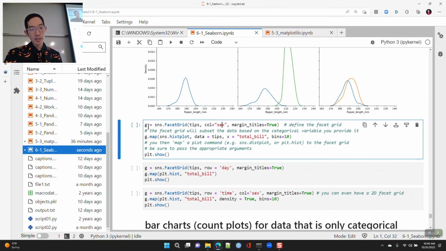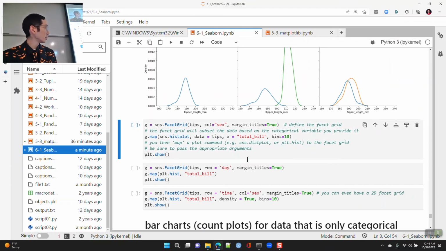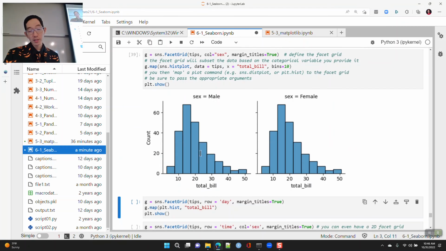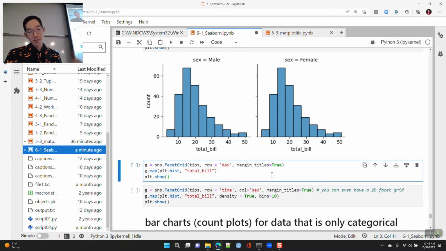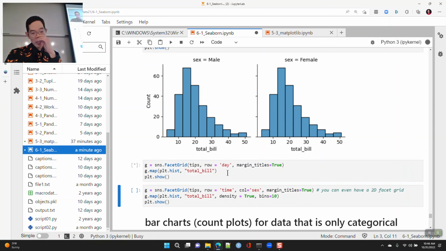And then after you create that, you use g.map. And then you say, what is the function you're going to map? You're going to map this function, the histogram plot, with these arguments, and it will run this command, one for each different facet of the thing. So this is just, here's the histogram plot for sex equals male, here's the histogram plot for sex equals female. If you wanted to, you can do it for other variables, row equals day, and